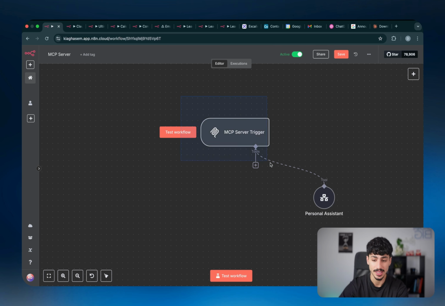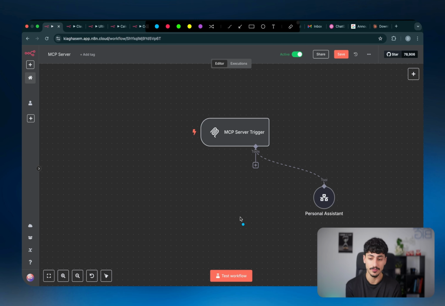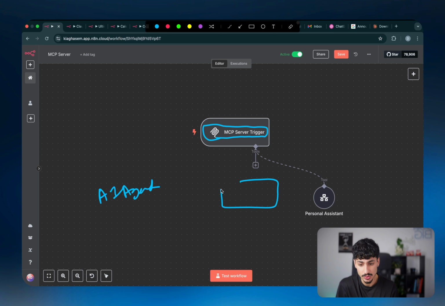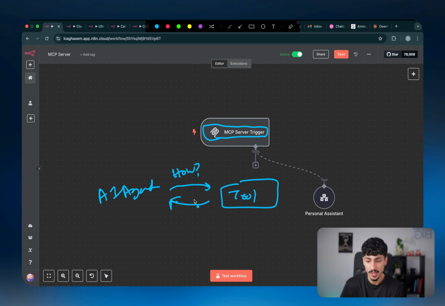And then you just hook it up exactly the same way as you'd hook up an AI agent. The idea behind this MCP server trigger node, or MCP as a whole, is that it allows you to not have to front load all of the information about the different tools and how you should query and use them directly inside the prompt or the system message for the AI agent. Instead, anytime an AI agent wants to use some sort of tool, it would basically just ask the server, how am I meant to use this tool? And once it receives a response saying, this is exactly how you're meant to use this tool, it will send over the actual instructions of what it wants to achieve, and that tool will achieve that thing for itself.